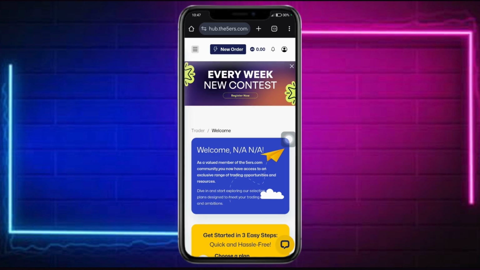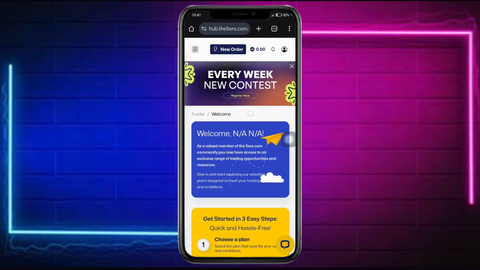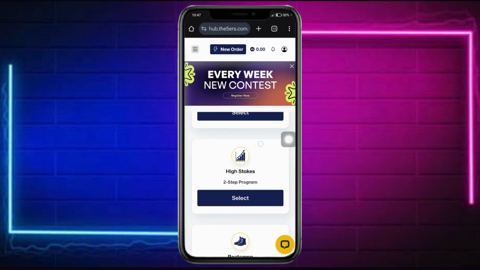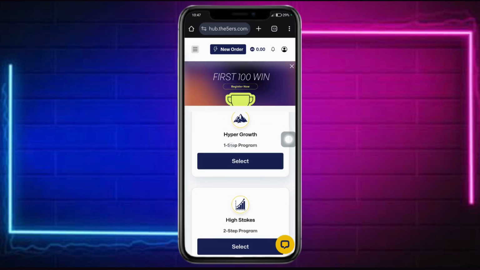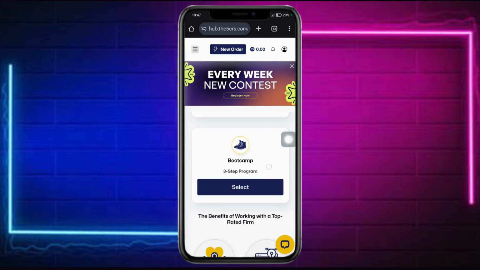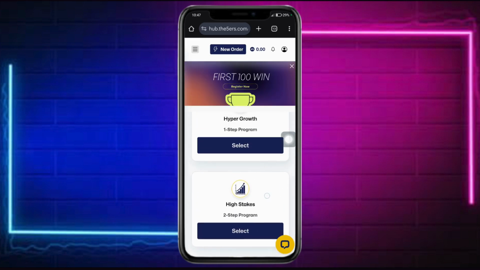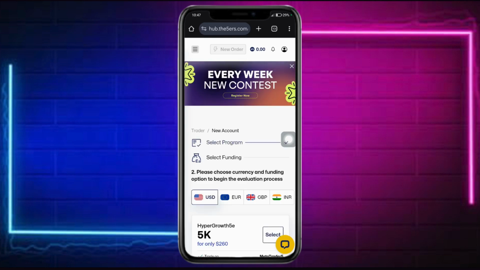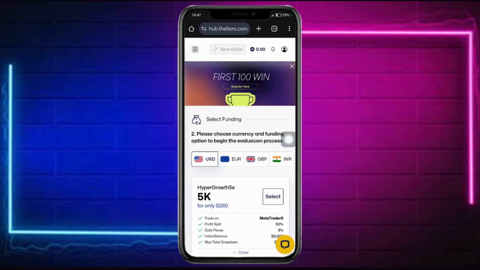the website thefiverrs.com. Now once you're all signed in with this website, all you have to do is scroll down and choose a funding program. You can choose one-step program, two-step program, or three-step program depending on your liking. So once you have selected all of those things, you just have to create an account with your name, email,